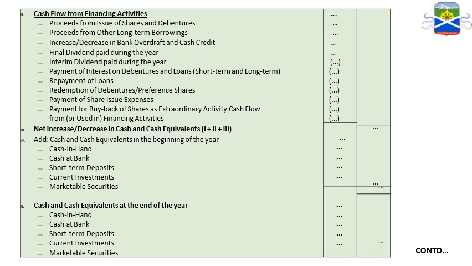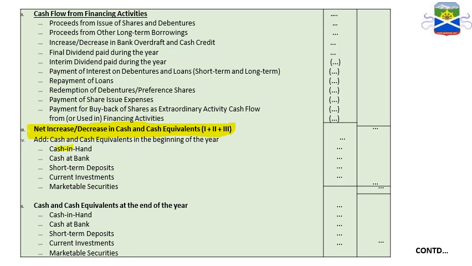Now we'll go for the next part, that is A, B, C, that means three parts: operating activity, investing activity, and financing activity. If we get these, then we go for net increase or decrease in cash and cash equivalent. If by adding you get a positive figure, we will write net increase. If there is a negative figure, we will write decrease in cash and cash equivalent. With that, we go for adding the opening cash and cash equivalent. I said it earlier, what are cash and cash equivalent?